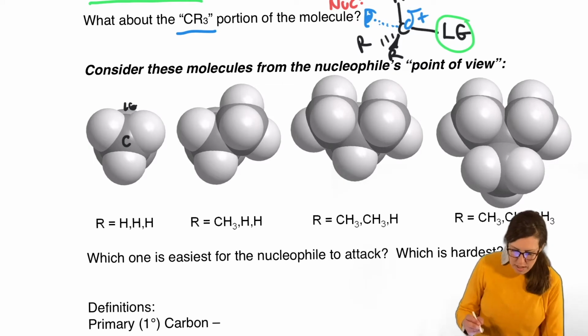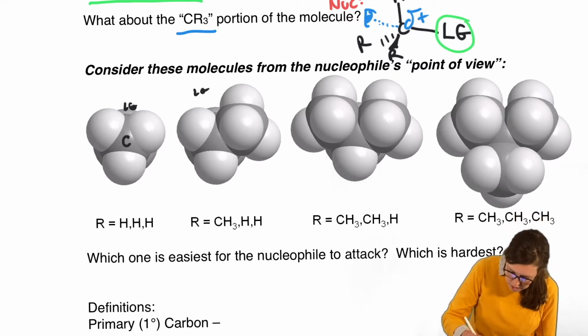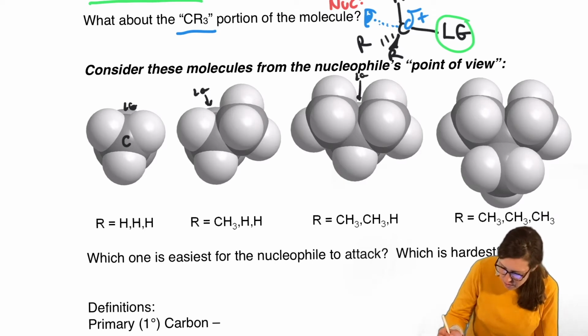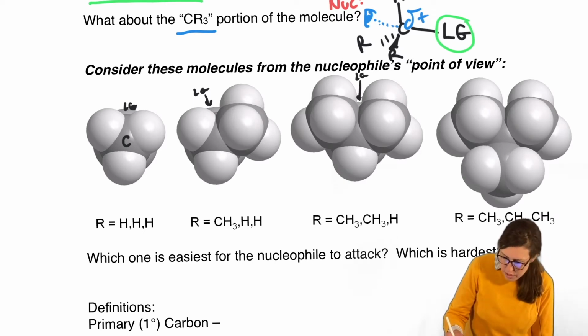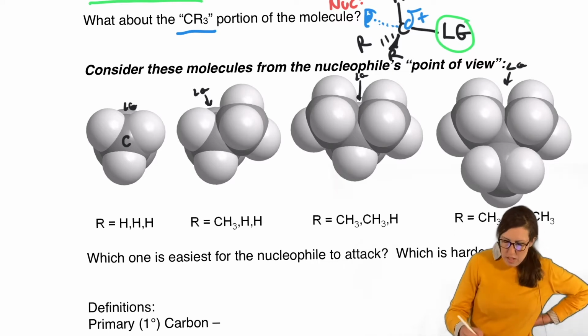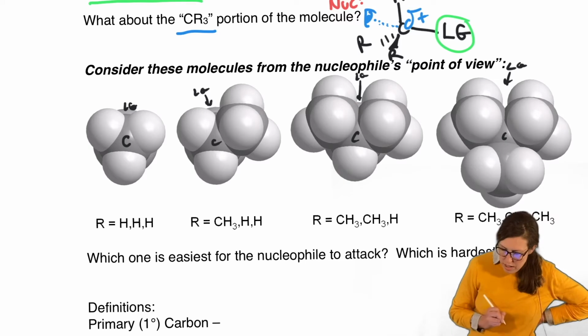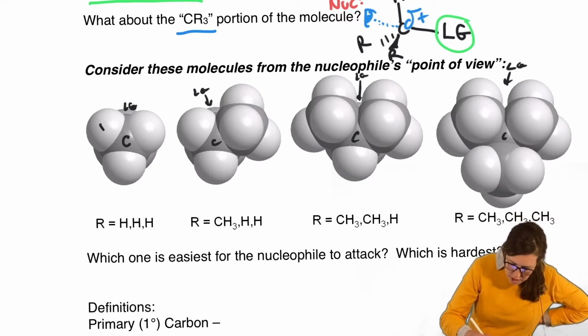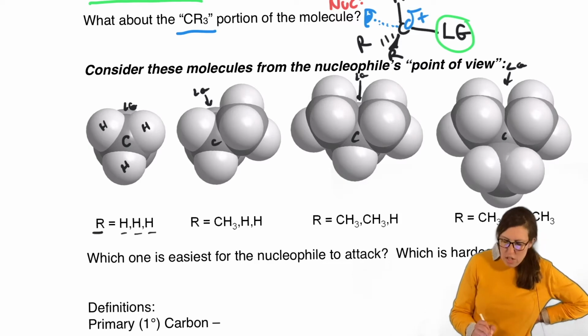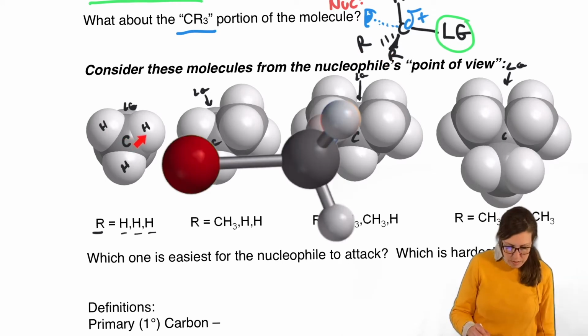So I can label that in all of these just so we are clear where it is. Leaving group, leaving group. So we can't even see it anymore because obviously it got filled up, but it's in the back. So this is the other side. We're looking at the carbon. Okay, and here are the H's. Now this is only if R equals H, H, H. All three R's are H, right? R equals H, H, H. This is what the incoming nucleophile will see.